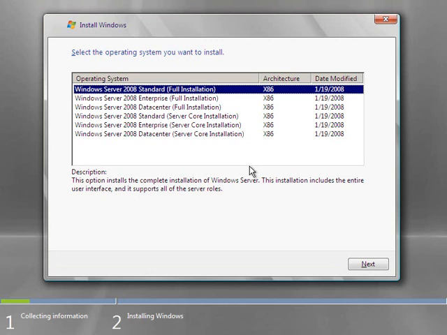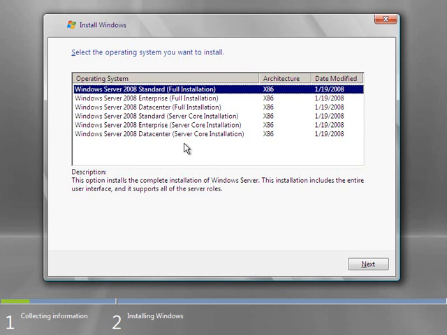And you'll see here that we get a please wait, because what it's doing is going through a process of loading the rest of the files that are needed to install the operating system. Now, I will tell you, most of the installation process will be a matter of clicking a couple of next buttons and making a couple of brief selections, one of which we have right here, and then mostly just a whole lot of waiting. So anyway, the first thing we have here is we have to choose what version we